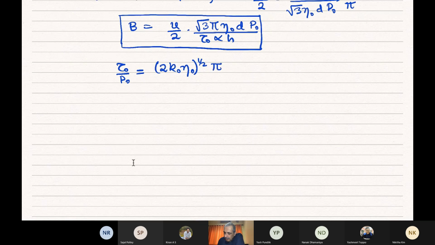And then you have pi d by alpha h. That's another factor. And then finally you have 1 plus h squared divided by pi squared lambda squared, where this lambda squared is just equal to